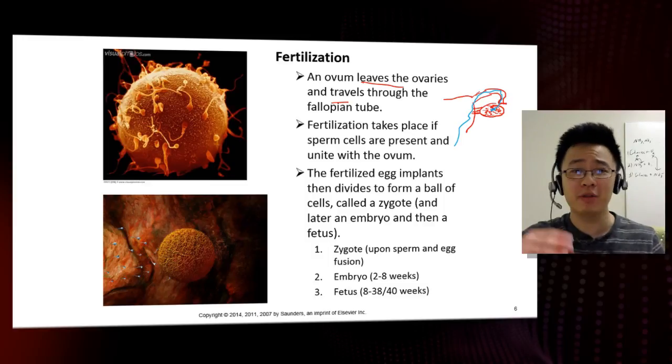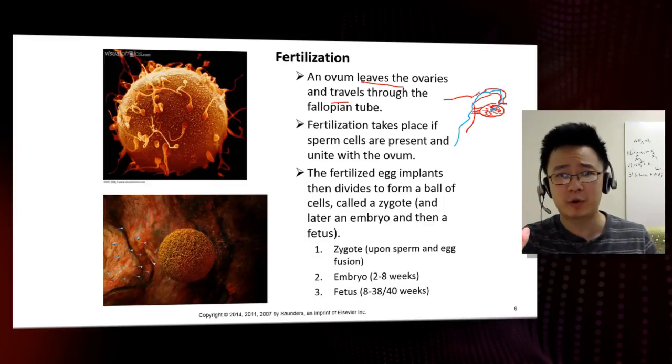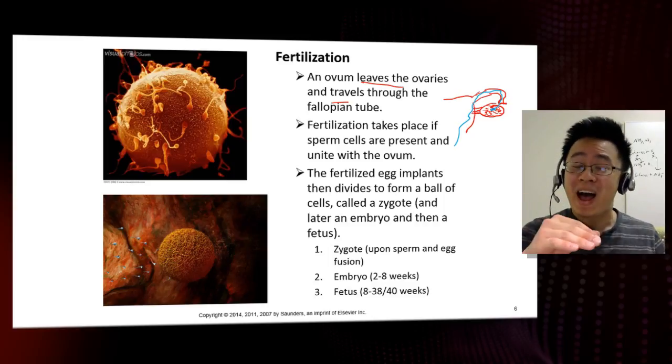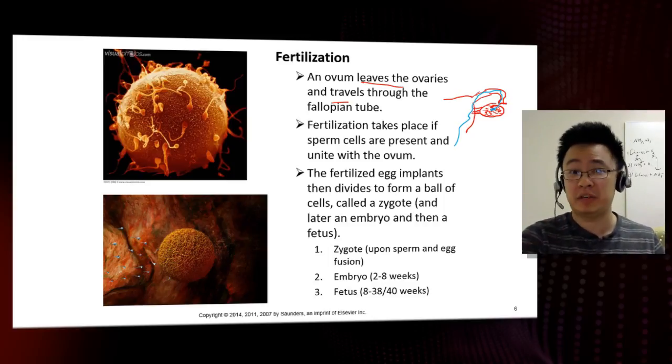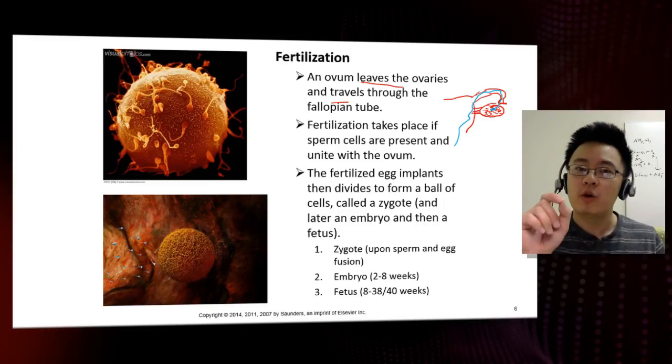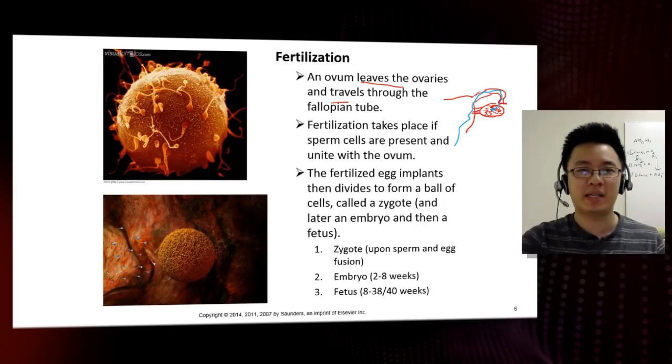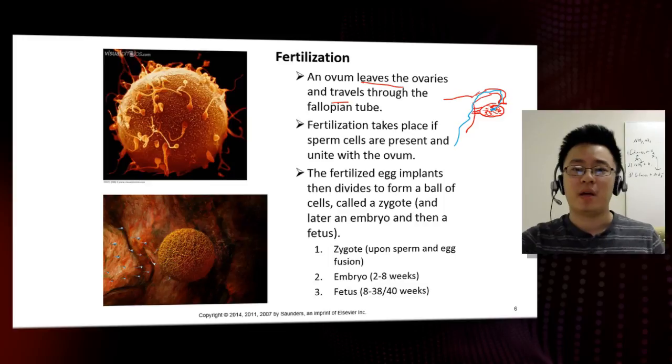Can you imagine if all those millions and millions of sperm cells went into the ovary and fertilized every single one of them? I think the mother would be tremendously upset to have that many babies all at one time. So it makes sense. Those egg cells leave and travel into the fallopian tube where they await fertilization. You only have one egg cell in there, so that makes much more sense than fertilizing that many.